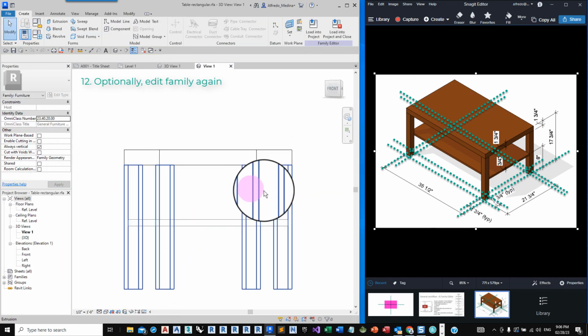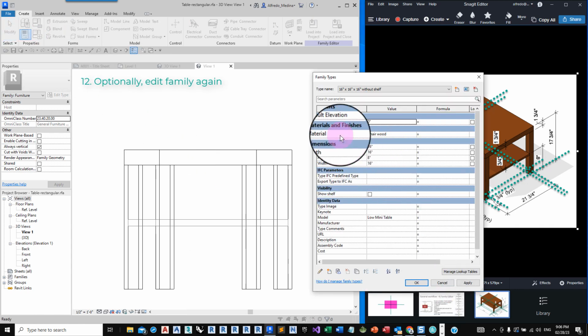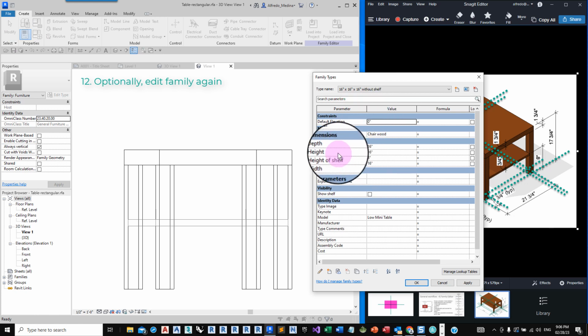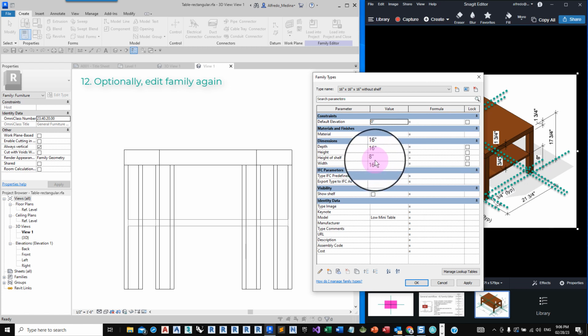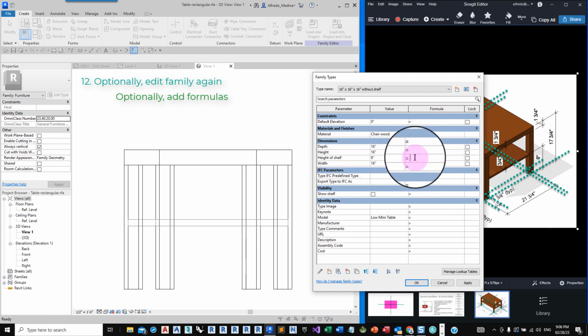When you return to the Family Editor, you can go to Family Types, and let's suppose that instead of assigning a height for the shelf, you want to control the height of the shelf as a simple formula related to the height of the table. Let's suppose that height of shelf is equal to height divided by 2.